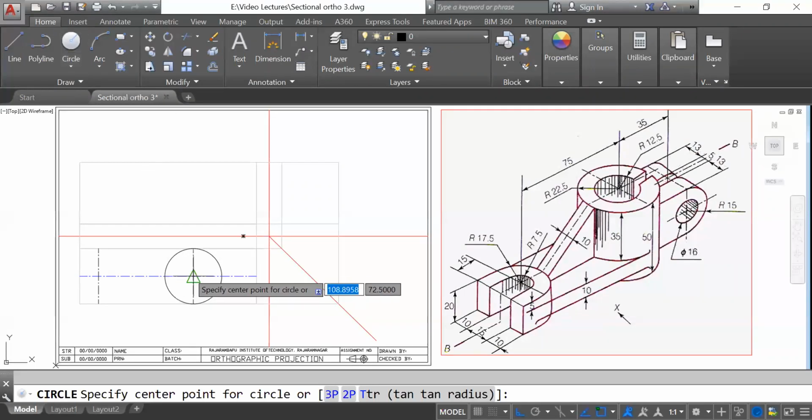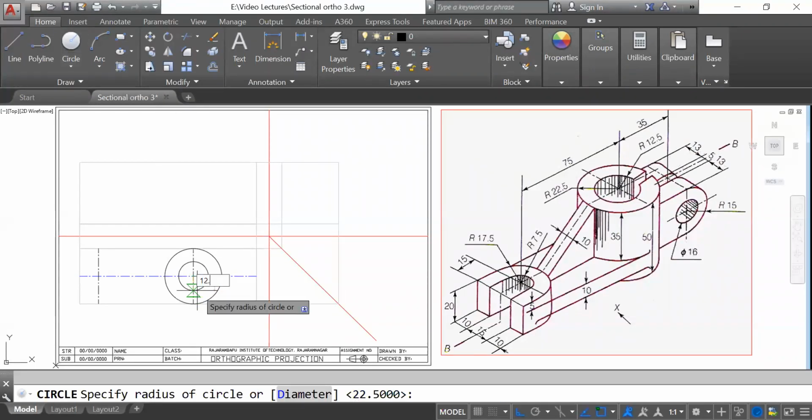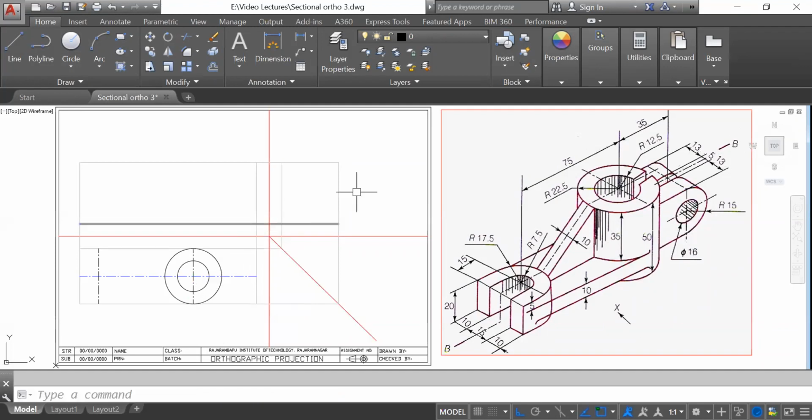Then the inner circle has a diameter of 25, radius equal to 12.5. So you can just take 12.5 here. Then there is a gap of 5 mm in between, up to the cylinder. No issue, we will draw it, but before that we will complete this one. The outer radius of this circle is 17.5, and the inner circle radius is equal to 7.5.